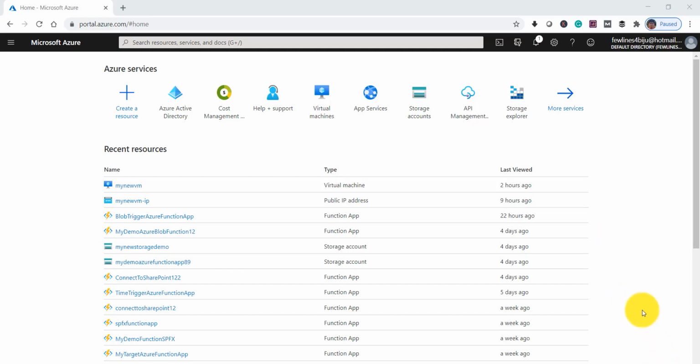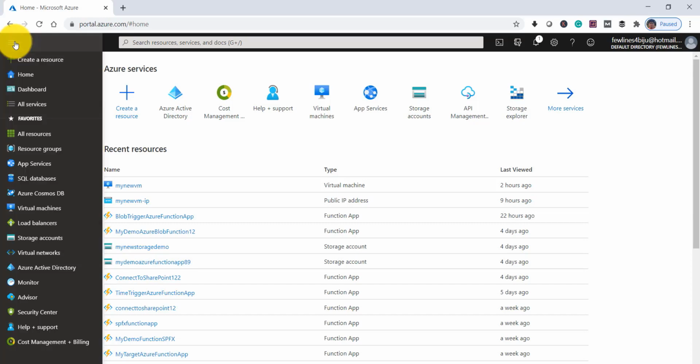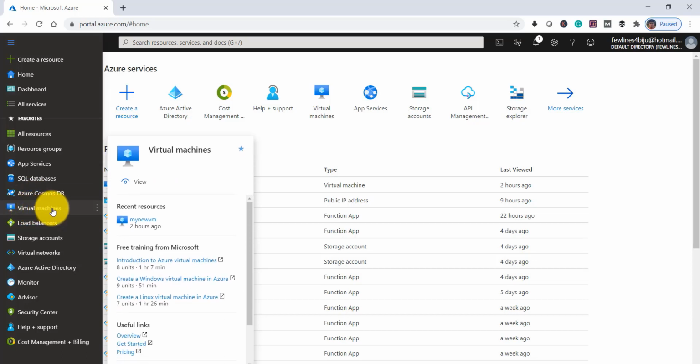Once you have your free Azure account, you can log in to the Azure portal with your credentials. Then you can start creating this Azure virtual machine. There are multiple ways to go for that option. You can see here in the left navigation there is a virtual machine.